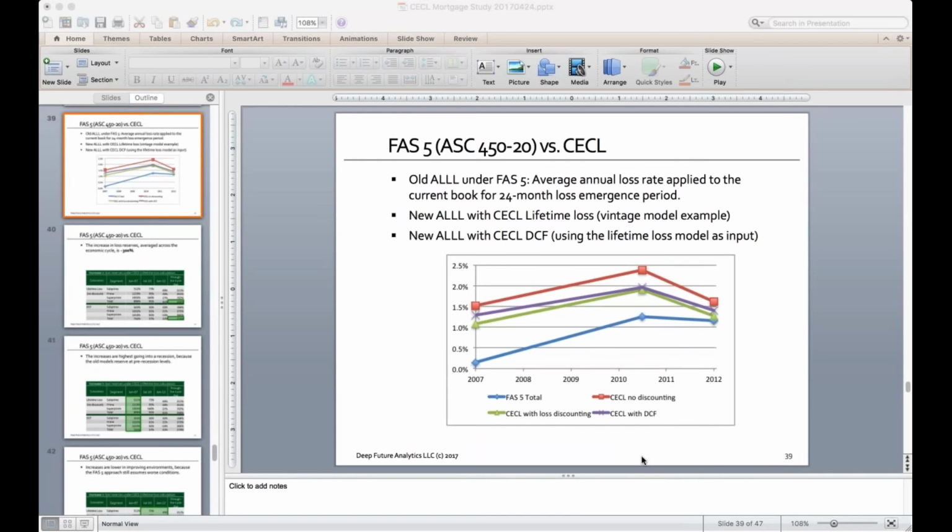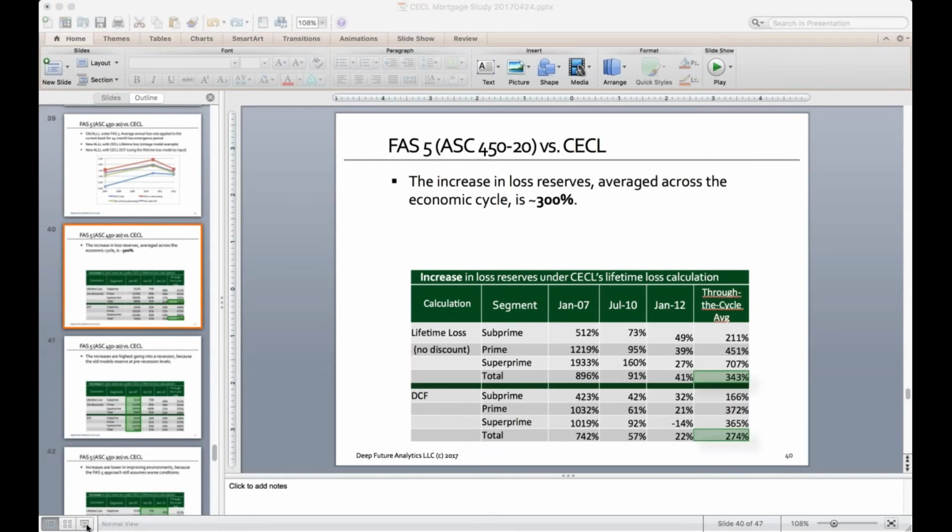The next slide here, this is a comparison between old rules and new rules. So the blue line at the bottom is what you would get if you were doing a 24-month loss reserve under the old rules, so a 24-month loss emergence period. The other lines, the green, the purple, and the red, are CECL calculations with and without discounting, these different ways of doing discounting. And what you see there, here is a summary graph, a summary table,